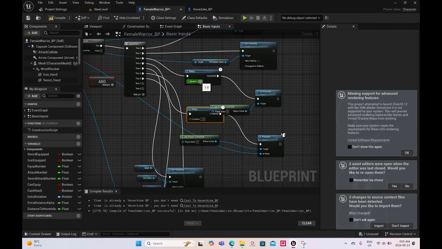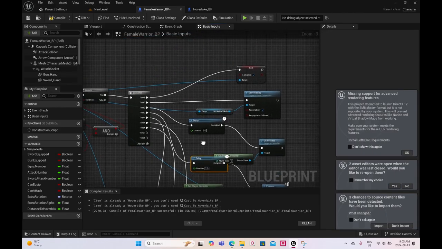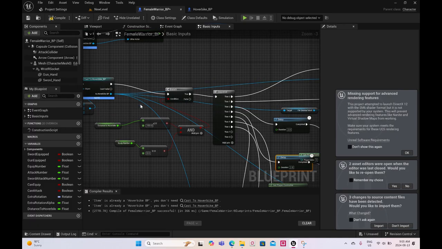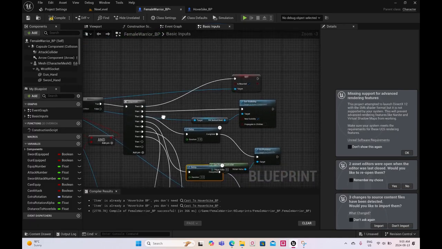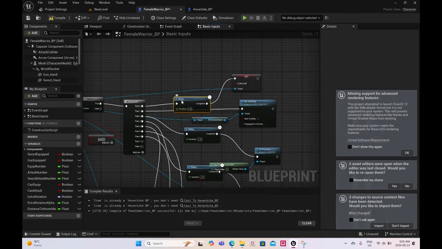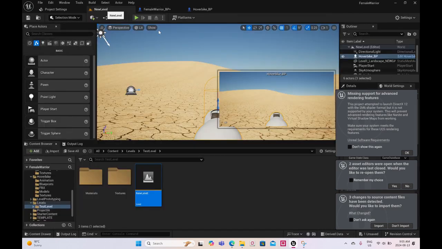Actually, I'm going to change this to 2 seconds, and the is mounted boolean in the hover bike blueprint, I'm going to give that the same delay as well, 2 seconds, because I don't want the player to be able to control the hover bike until the hover bike is fully mounted. So if I compile and hit play,